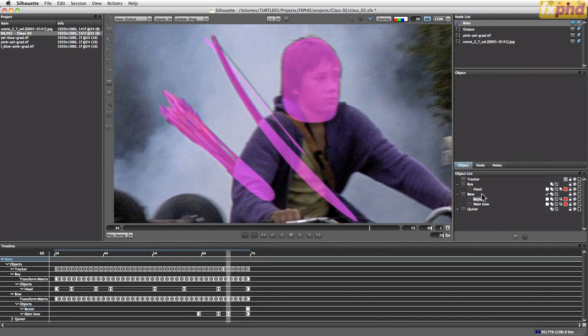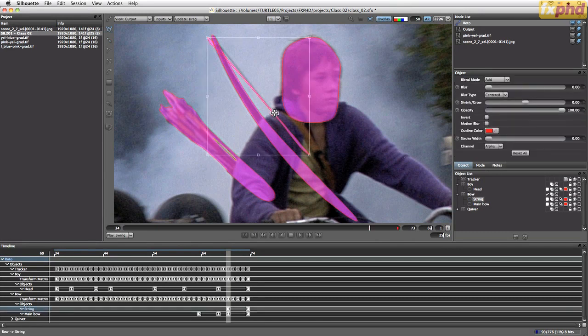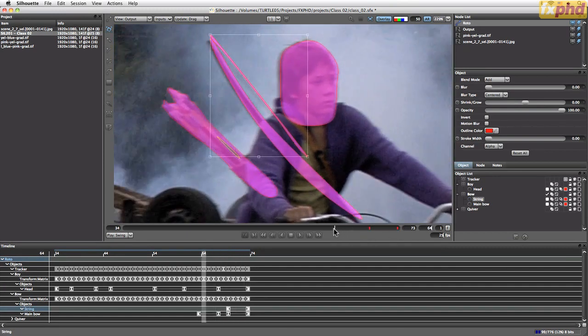Let's come over here and transform this up a little bit. Let's call this, what do we agree on? It was called the string, wasn't it? Yeah. And let's come in, transform this up. And this is going to get very difficult to see with the motion blur. So one of the things that we can do as well,